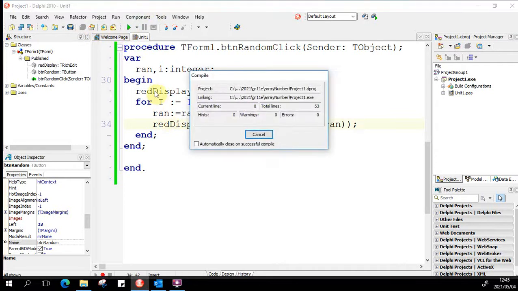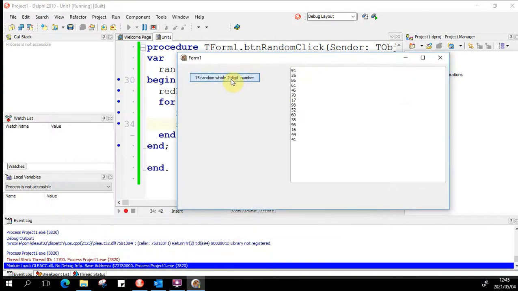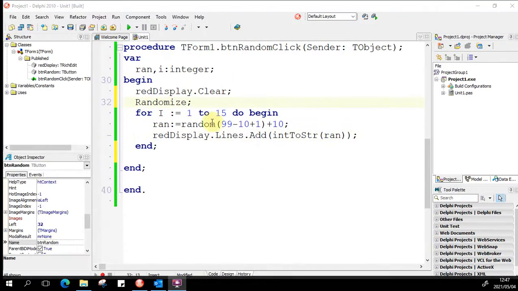Okay, then if you saved and you played, click the button, and every time you click it you should get all two-digit random numbers. Okay people, so this works good. Our only problem is ran will only remember our last number. Now if I ask you after this to maybe sort them and show them to me from highest to lowest, all 15 numbers,